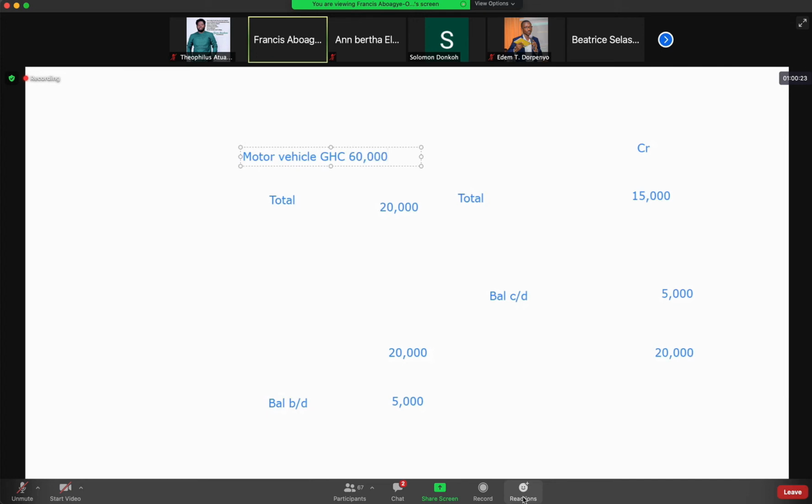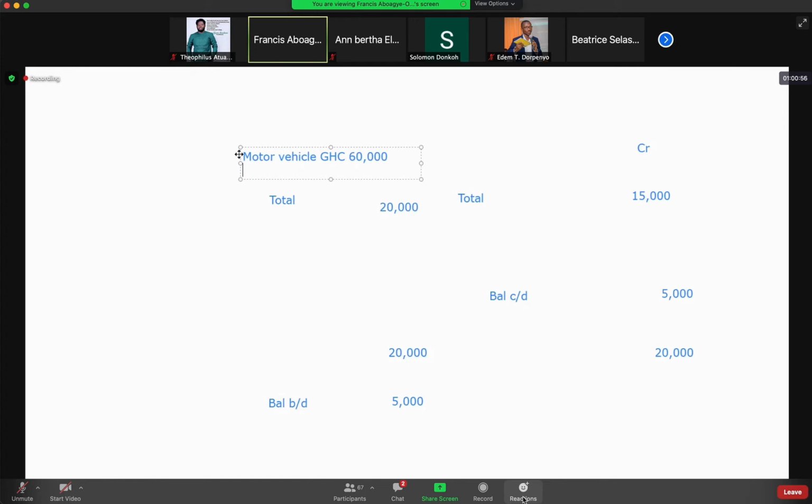Now, so this was bought say 5 years ago, or let's say 2 years ago. Now, if I ask you what the current replacement cost is, you may decide to depreciate it for 2 years because the asset has been in existence for 2 years. Assuming the asset is going to last for say 6 years and you are using the straight line method,